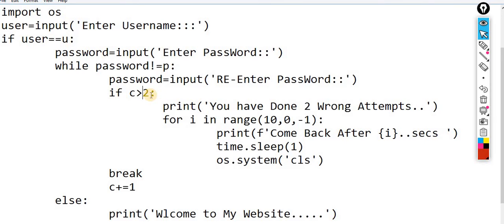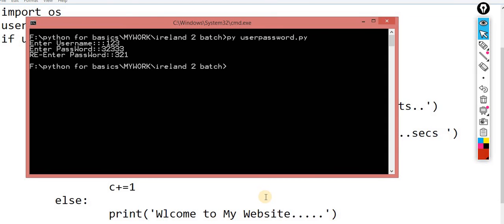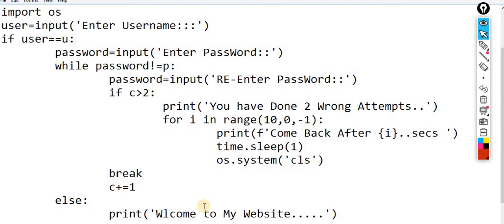Let me try this. The user 123, the password 333 wrong, and this time I am passing the right password. So why not just display welcome to my website?